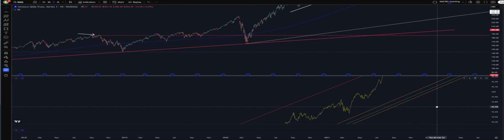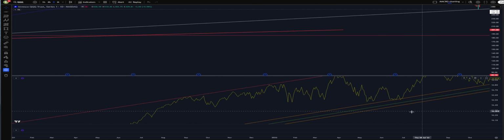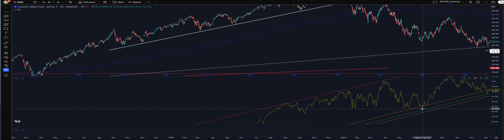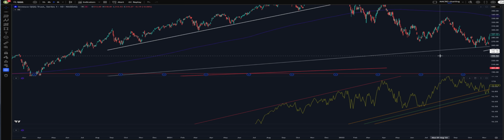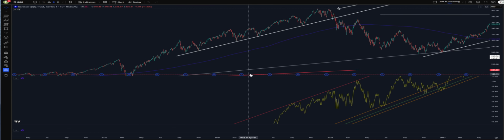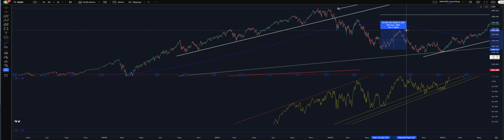So then we keep rallying, and we find ourselves here in 2022. What happened here in 2022? We hit the first deviation channel, and it created a counter trend rally in the bear market. So this is the bear market of 2022, right? Even though that was a counter trend rally, you have to put some respect on its name because it was a 24% rally in QQQ, sorry. A 24% rally is massive. This entire bear market is only 24%, right?